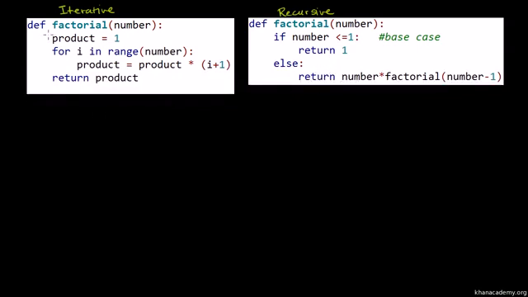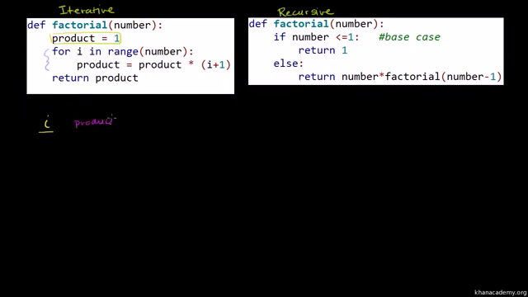So when we start off, we see that product is set to be equal to 1. And then we enter our for loop. The for loop really is the meat of this iterative function definition. To understand what's happening in the for loop, let me make a little table here. I'm going to make a table for the value of our variable I, and I'll also figure out the value of